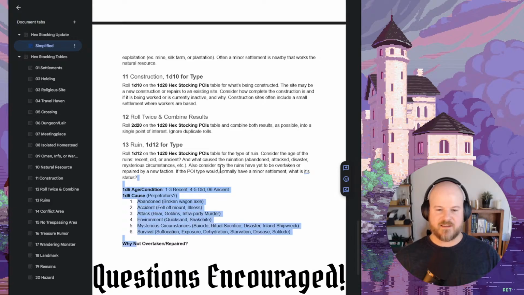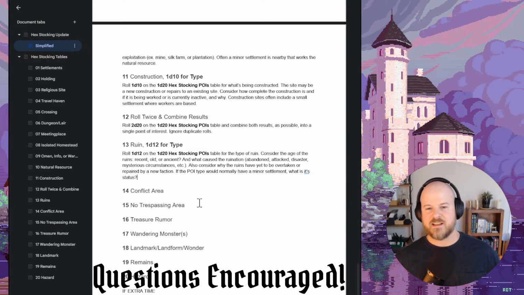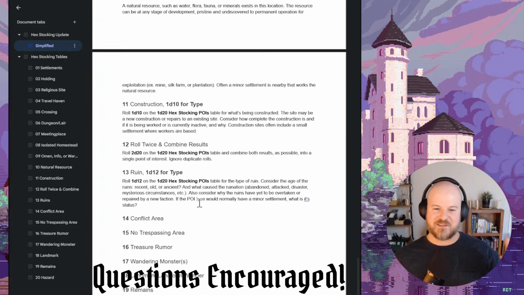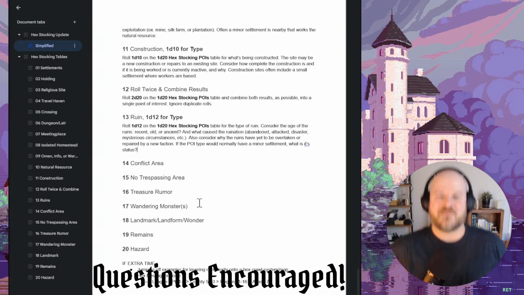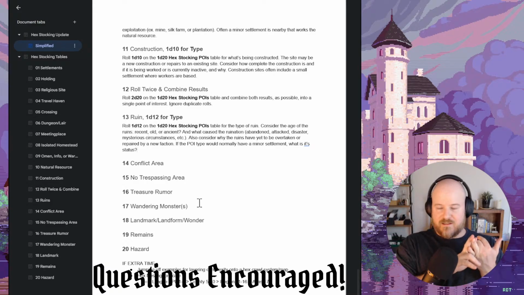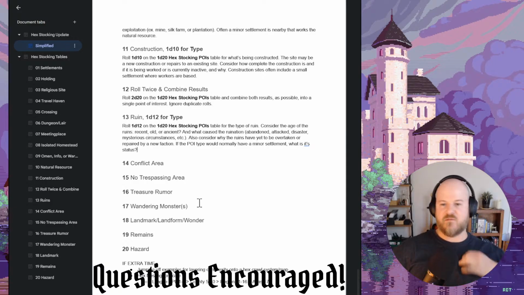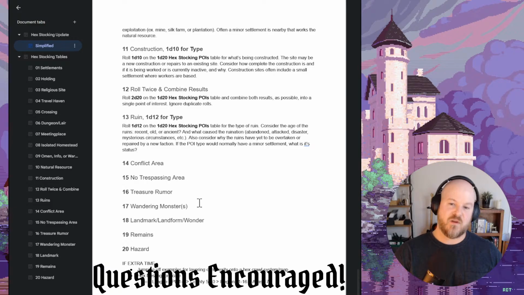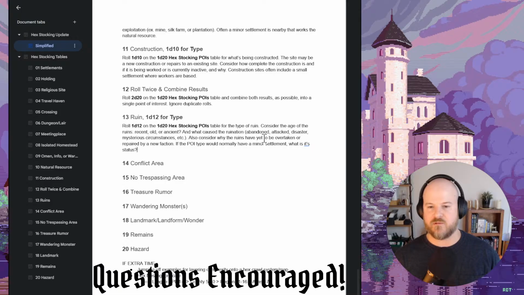So this one, rather than being more descriptive like some of these other paragraphs, is just going to ask you a bunch of questions that you need to answer when you're making the room, because it's pretty straightforward. You're going to roll a d12 on the d20 X stocking point of interest table for the type of ruin. You can consider how old the ruins are, what caused it to fall into ruination: were they abandoned, attacked by somebody, some sort of disaster, mysterious circumstances, as in nobody knows, etc. Consider why the ruins have yet to be overtaken or repaired by a new faction. This is a little bit important